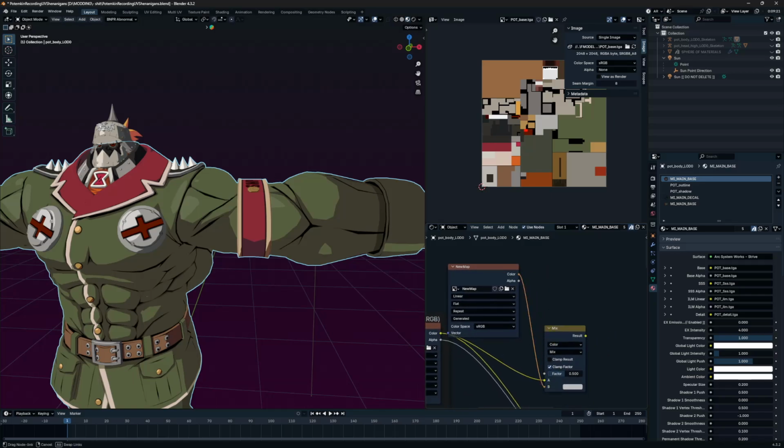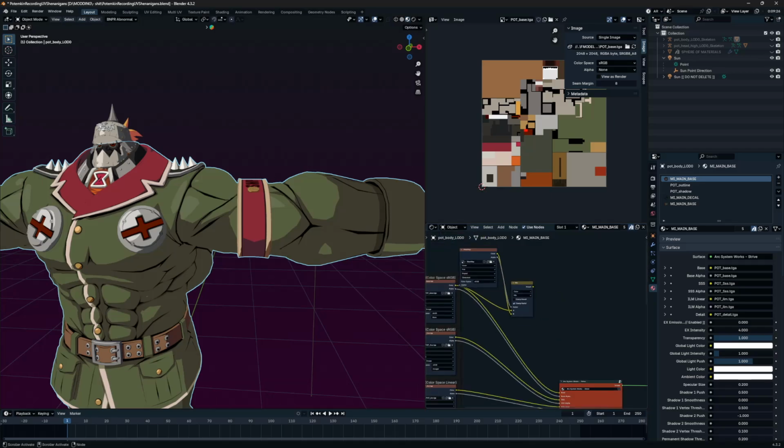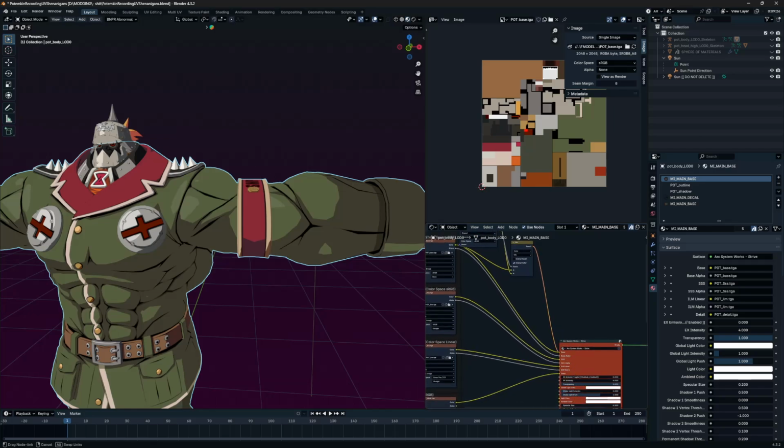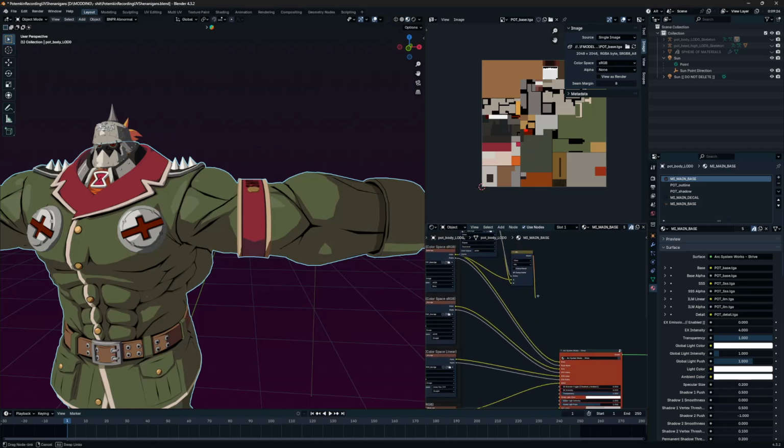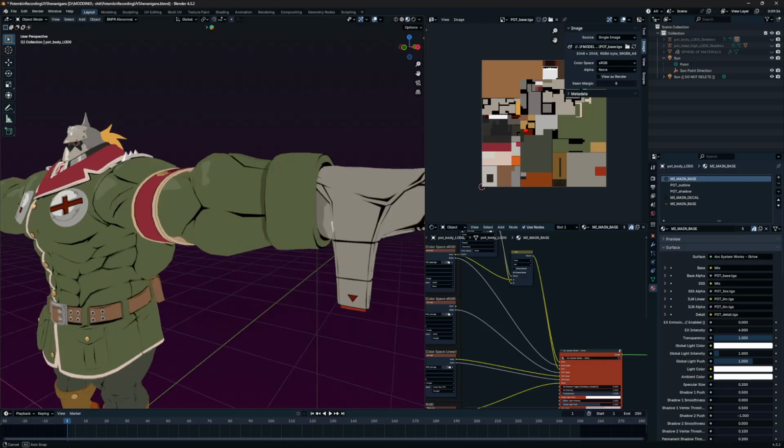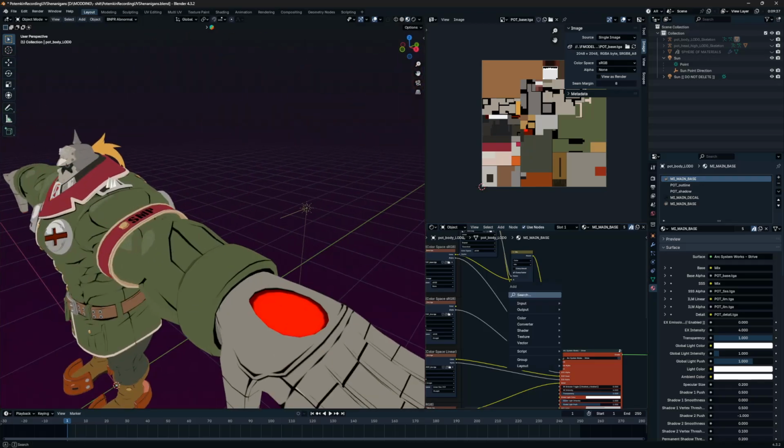So, now that I've done that, I can drag color into here and alpha into here. And then I'm going to replace the output shader node of that. I'm changing it from base to this. And I'm going to change the SSS to just this to make my life easier. If you want more accurate